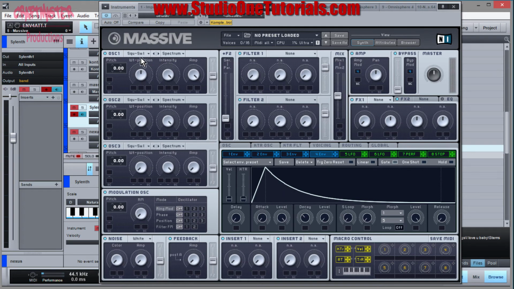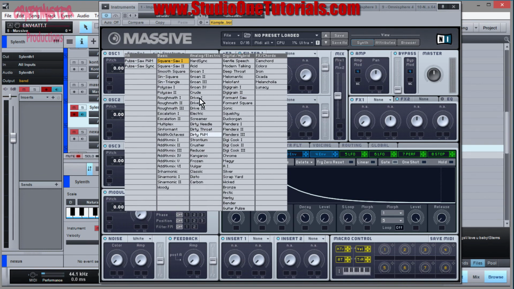Okay, so now that I have that, the cool thing about Massive is that it has all these different